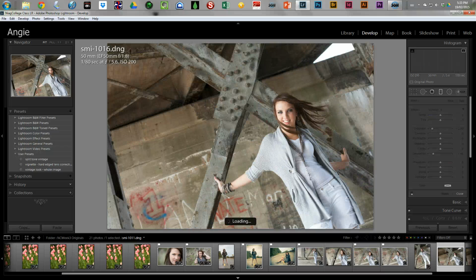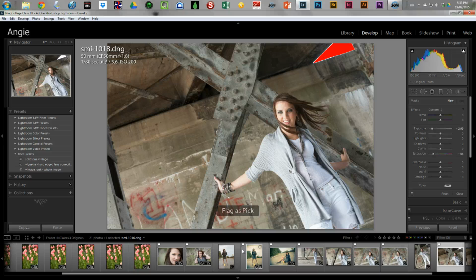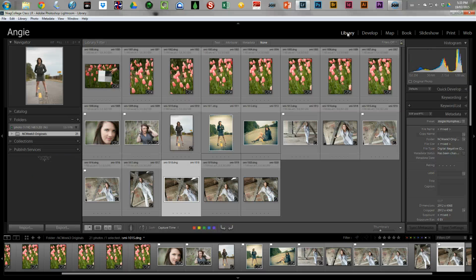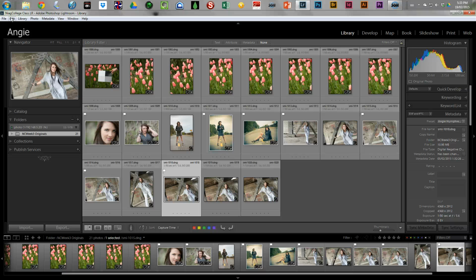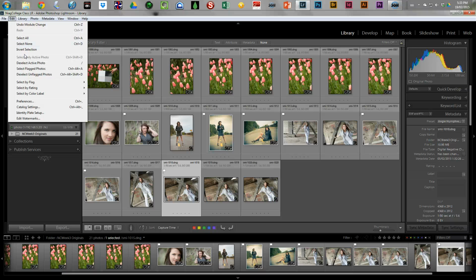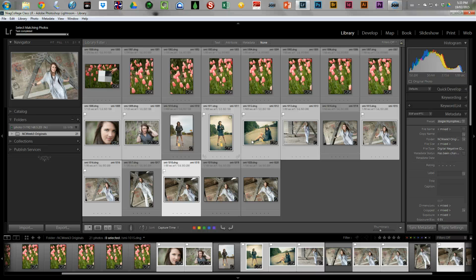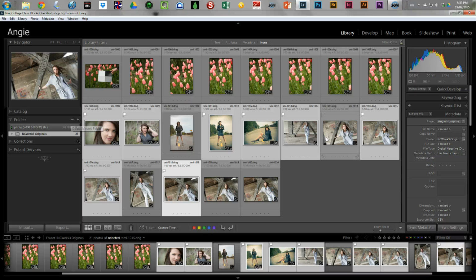Okay, so I have those images selected. Those are the ones I like, and those are the ones I'm going to proof for the client. So what I'm going to do is go back to the library module, and I'm going to go to the edit menu and go select flagged photos, and it just highlights all those ones that have a flag on them, which traditionally would be my choices that I'm going to show the client. So once I've got those chosen, I'm just going to hit export,